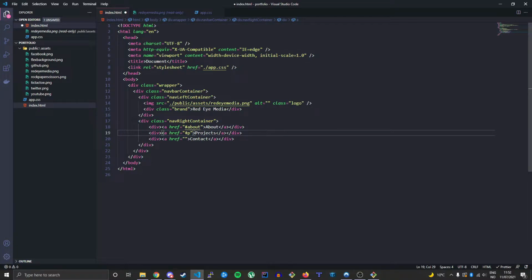Let's do the same thing for projects. Here as well, we will create an ID later that will have an ID of project. And the same thing here for contact. And now that we have all our elements for our navbar,